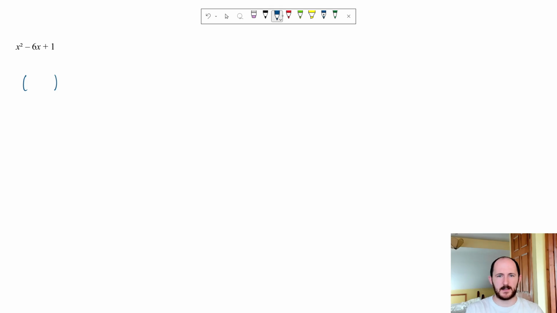Firstly, for the bracket that's going to be squared, all you do is you write x, and then it's just half of the coefficient of the x term. So in this case, the coefficient of the x term is -6, half that is -3. Then you're going to subtract that same coefficient squared. So we're going to subtract -3 squared, and then the constant on the end just goes on the end as well. Then all you have to do is expand this,